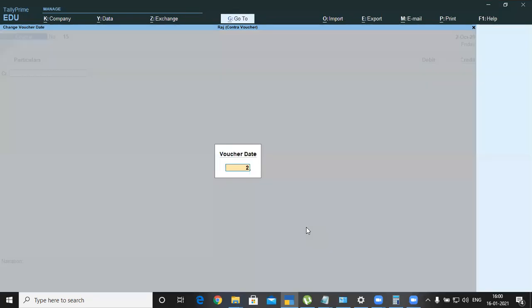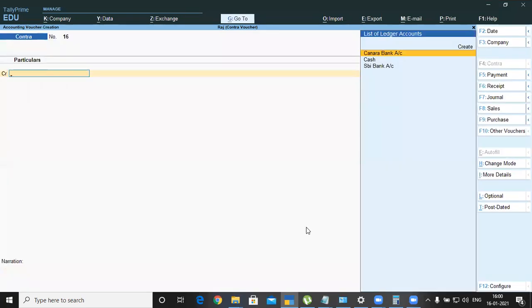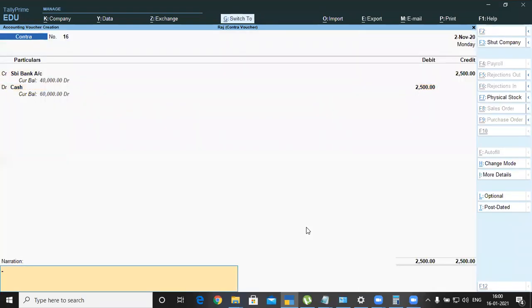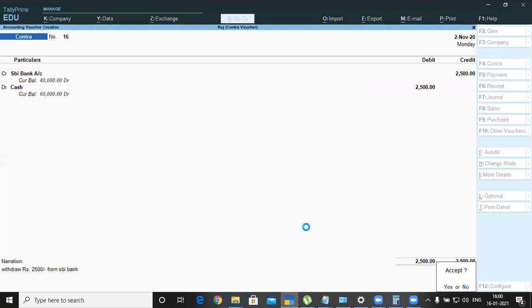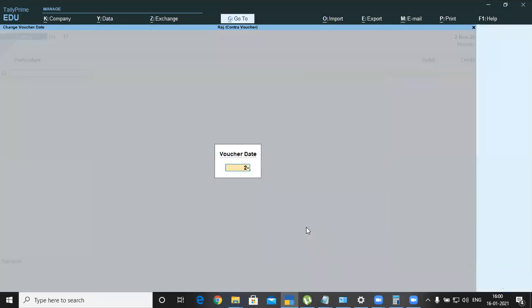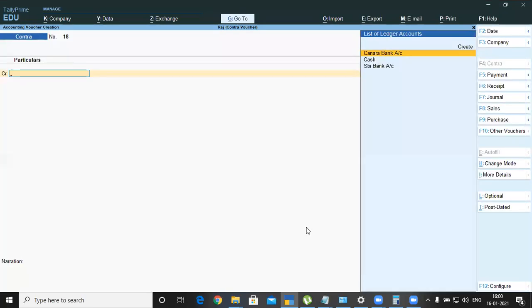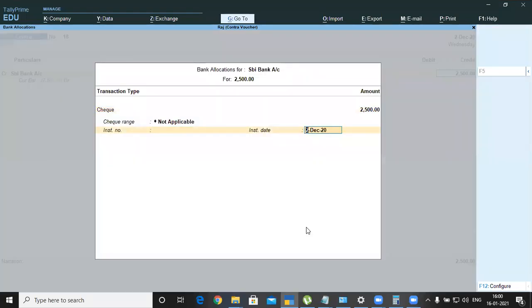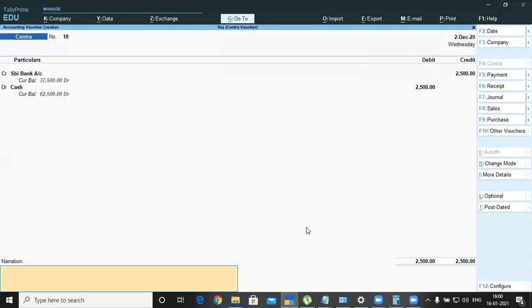Next November, 2nd November, SBI, Ctrl R. Next December, SBI 2500, cash, Ctrl R.